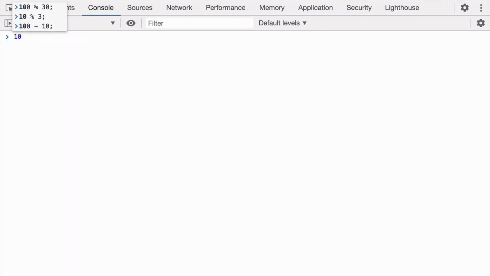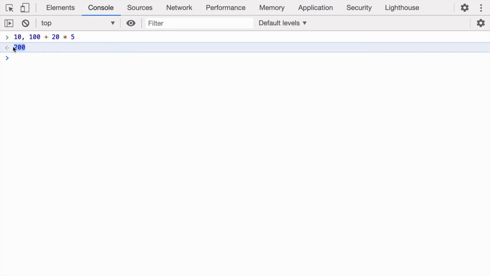So we'll have an example like 10, 100 plus 20 into 5. Here we are using three operators right now: comma, plus and multiplication. And we know that multiplication here has the highest precedence, followed by the plus operator and the comma operator. So this operation will happen first, that is 20 multiplied by 5, that is 100, and that 100 will be added to another 100 and the value will be 200. And the least precedence, that is comma, will take 10, 200, and because of that we'll get the output 200.